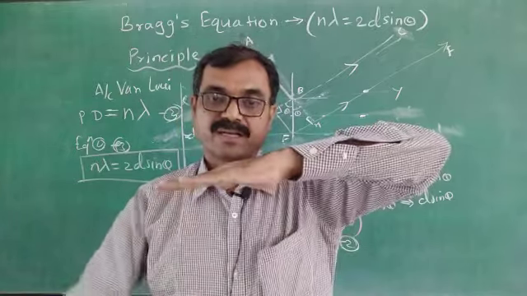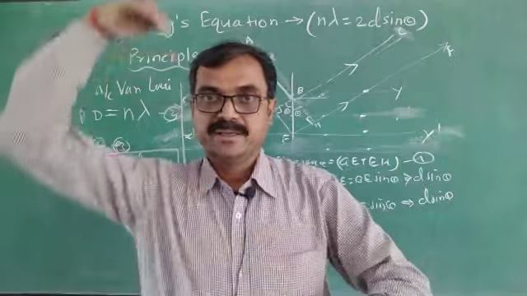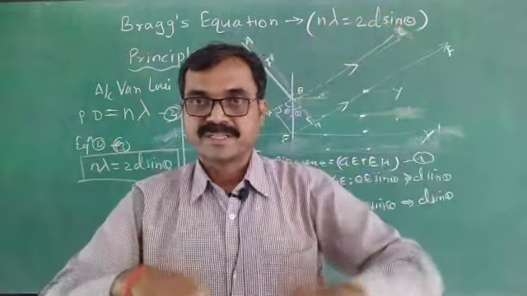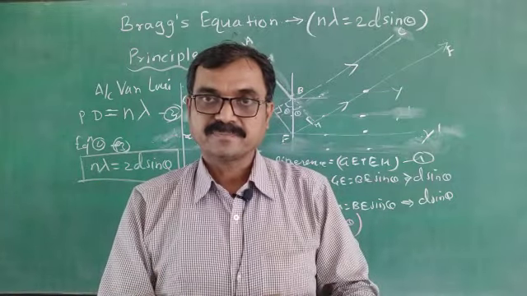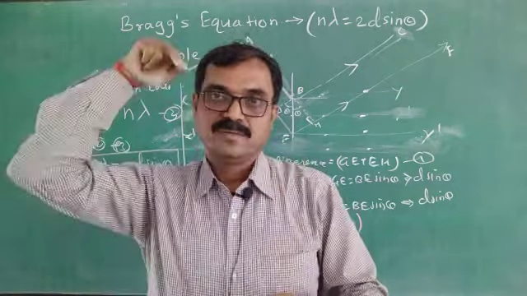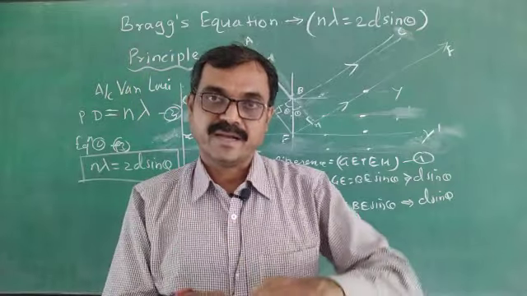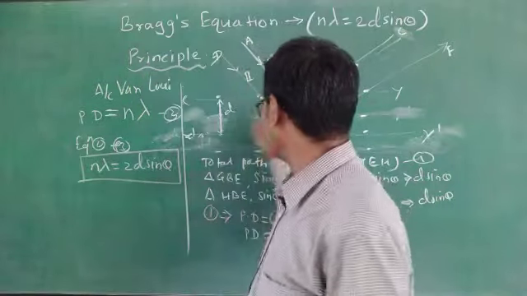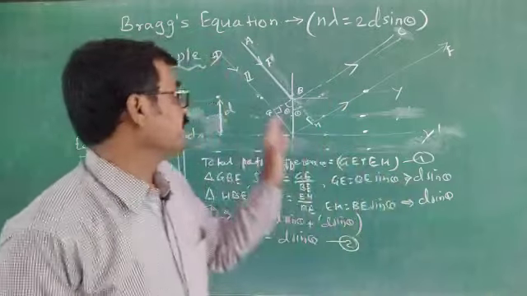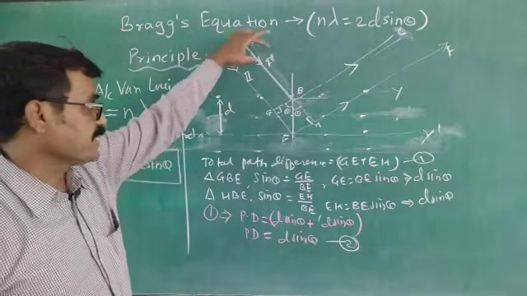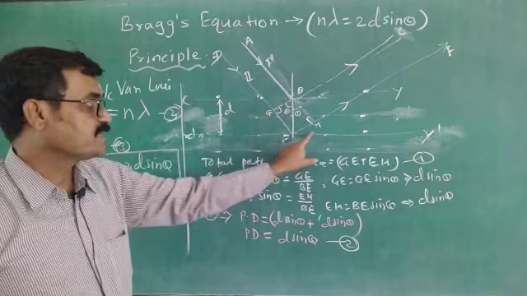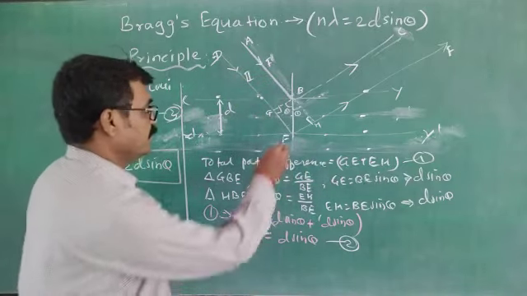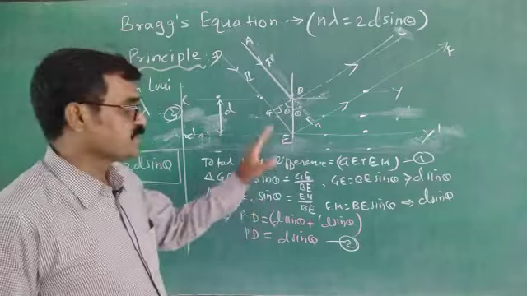Three planes: 1, 2, 3. Incident X-rays fall on this crystal and first of all get diffracted and transferred. The first X-ray gets incident and reflected from the first point. From this it is clear that this X-ray traveled more distance as compared to the first. Now what is the path difference? This GE plus EH. This is the path difference from the diagram.